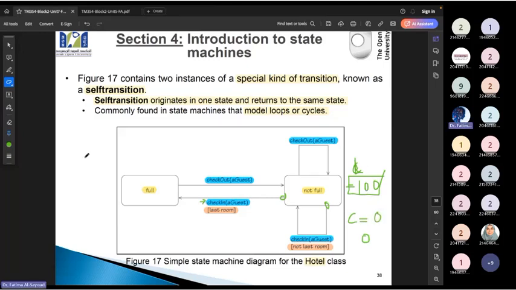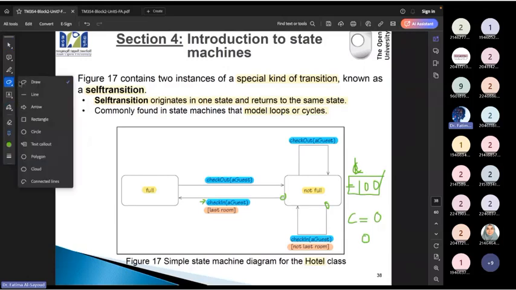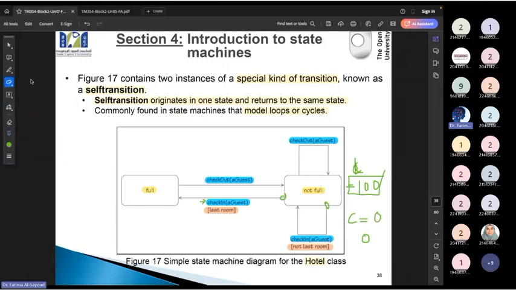Okay. So the current is going to be 0. How do I know if it's the last room? No, not when it is 100. You're almost there.